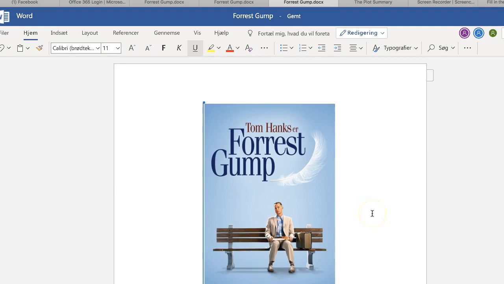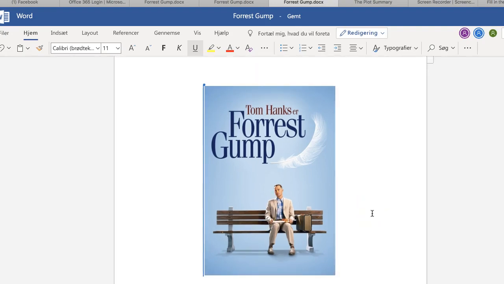It's about Forrest Gump, which is a film. It's quite a popular film. It won 6 Oscars, and the character Forrest Gump has been referred to many times, and he's a very well-known and loved character for all the people who watch the film. And now you're going to watch it.